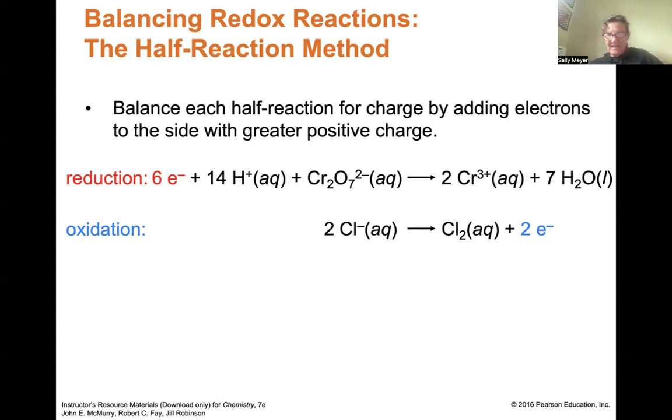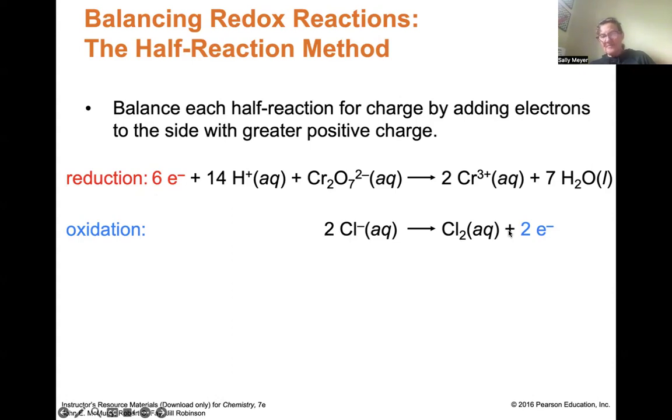So 12 plus has to go to 6 plus, and the only thing you have to balance the charge now are electrons, because if you tried to balance the charge by adding any elements, you'd get the elemental balance off. So we add 6 electrons to the reactant side, and now both sides have a plus 6. In the second one, it's easier to see. You have 2 times -1 on the reactant side, 0 on the product side, so we have to add electrons